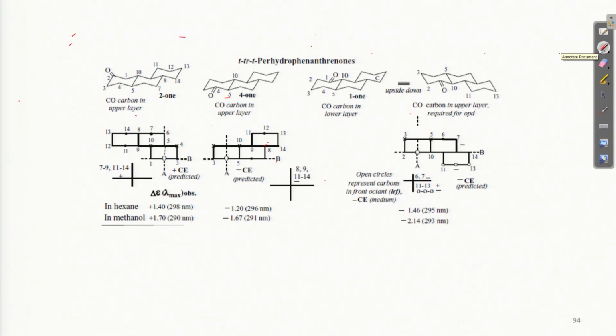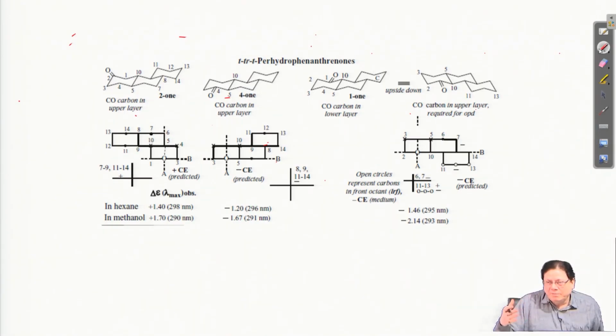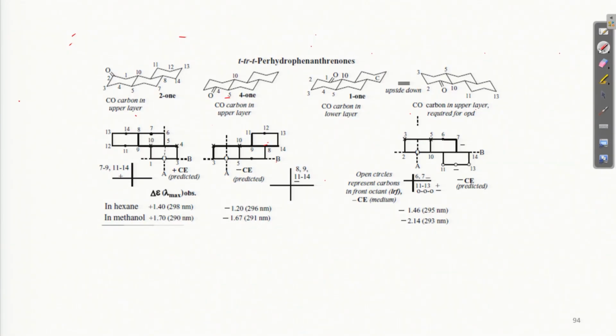what you are doing by applying the octant rule is basically taking a projection onto a screen which is held at the rear side, and you project all the substituents and all the atoms onto that screen. You should have a very clear idea of how the projection looks for a cyclohexanone system. Let me draw the projection again. So, if this is the carbonyl,